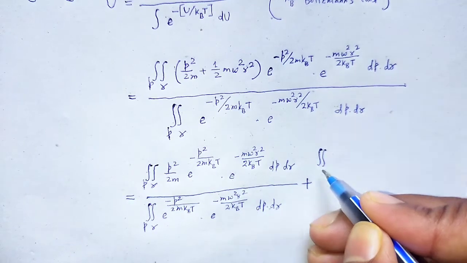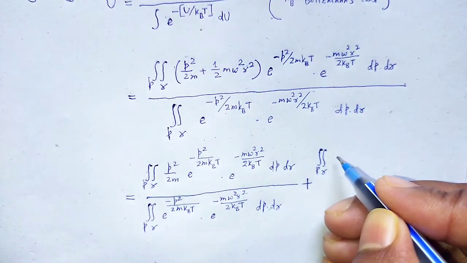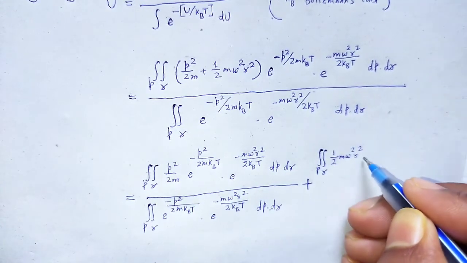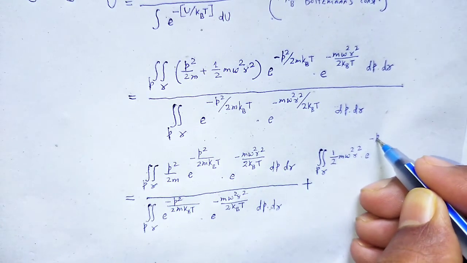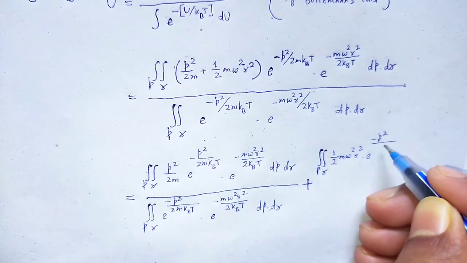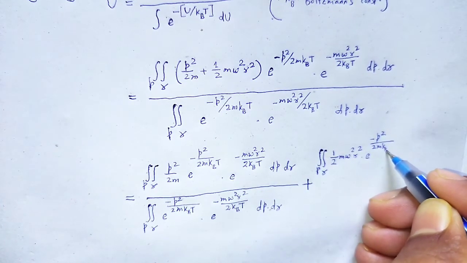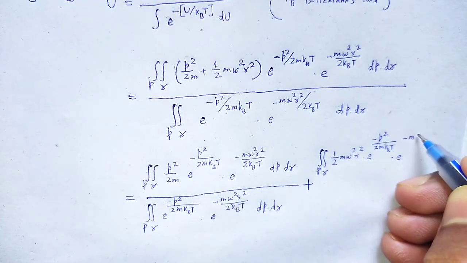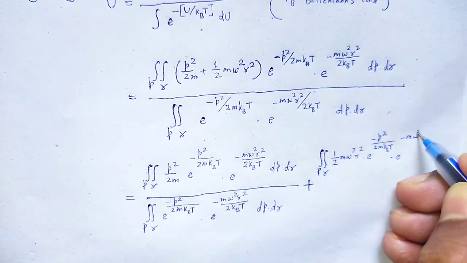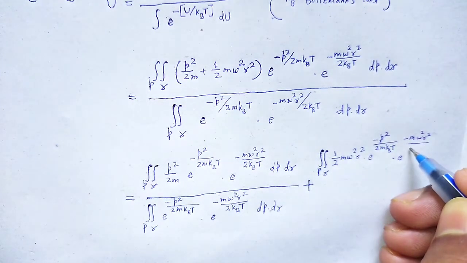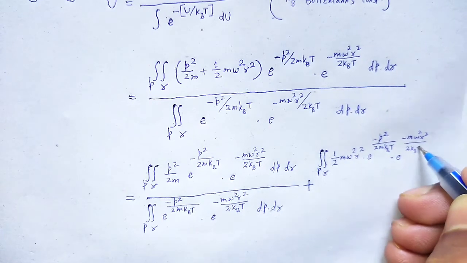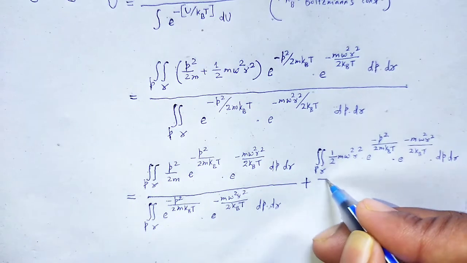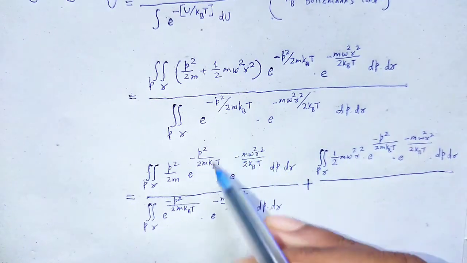Double integration over p and r of half m omega square r square e to the power minus p square divided by 2m kBT into e to the power minus m omega square r square divided by 2 kBT dp dr, whole divided by again that term,